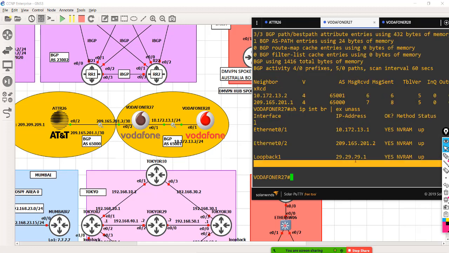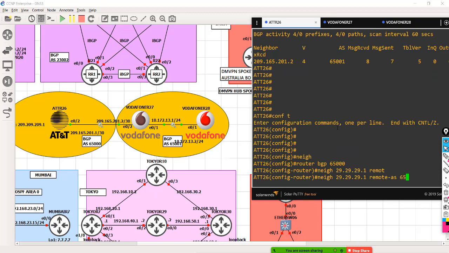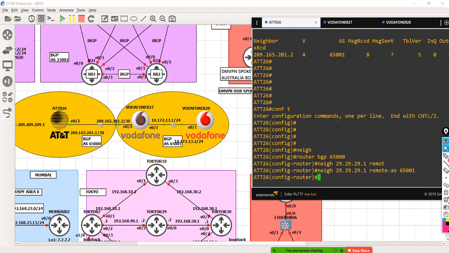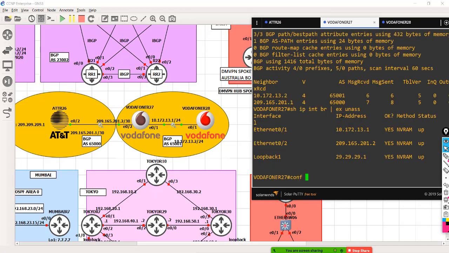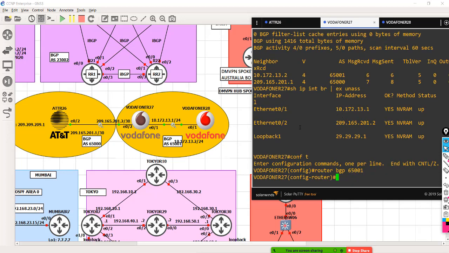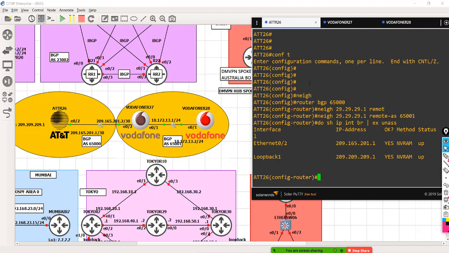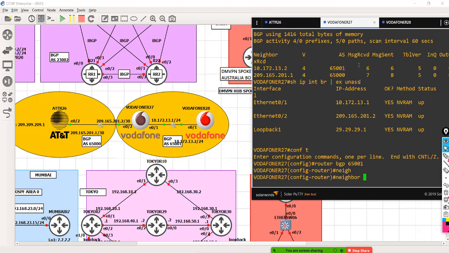So loopback is this. So I take this, I put it over here, I say remote AS is 65001. Now in a similar way, as usual, I go to my second router and I make the same configuration. I say my neighbor now is the loopback of this. And what is the loopback here? So loopback here is this IP. And what is the remote AS?